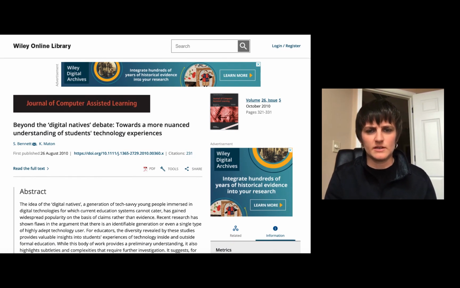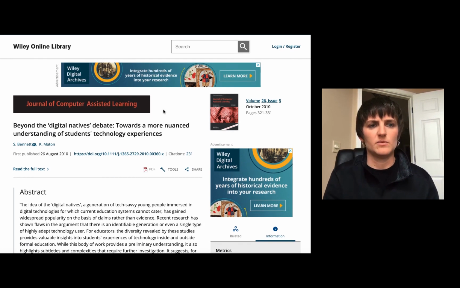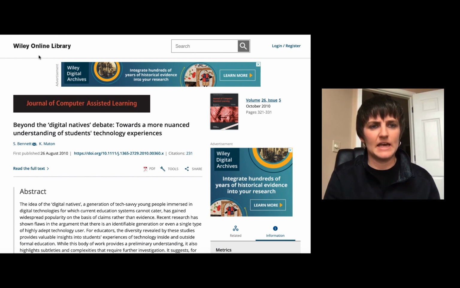So here you can get most of the information that you need for this source. We see that Wiley Online Library is the name of this database system. We see here in this box that the journal title is the Journal of Computer Assisted Learning. The title of this specific article here is Beyond the Digital Natives Debate: Toward a More Nuanced Understanding of Students' Technology Experiences. We see the authors listed here, S. Bennett and K. Matten. It was first published 26 August